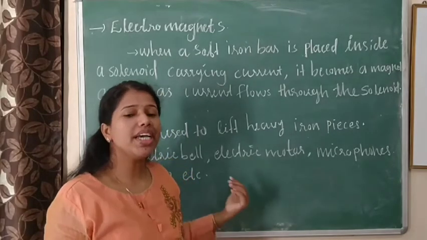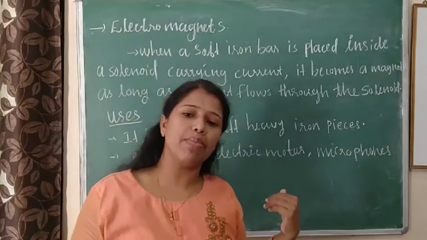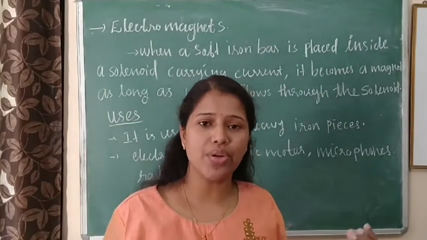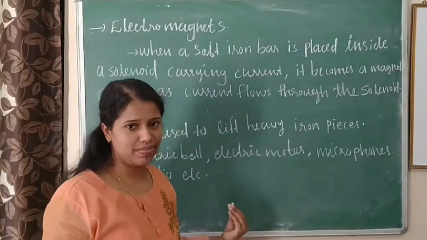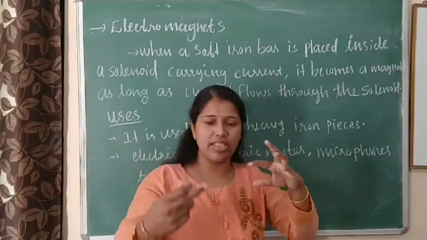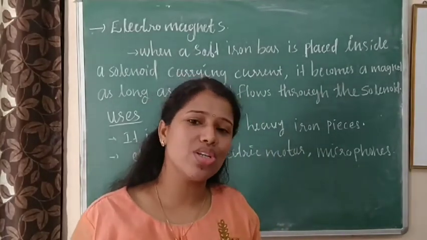We have to increase the current. If you are using one more rheostat, we can also see an ammeter being used. We can see the amount of current. We have to increase the current. Then the second point is the number of turns. If you increase the number of turns, the strength of the magnet will also increase.